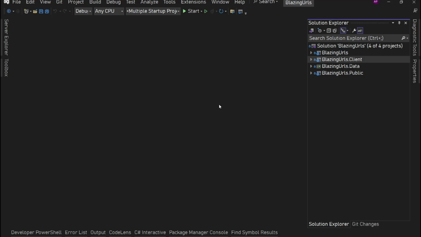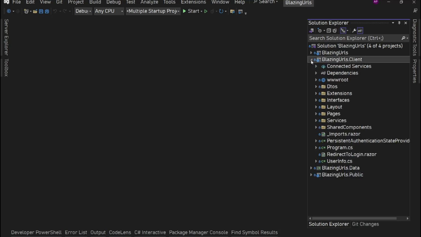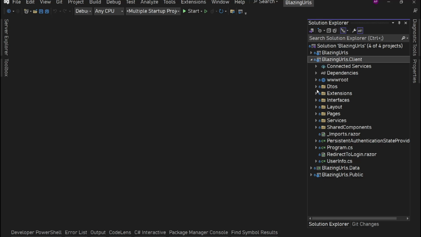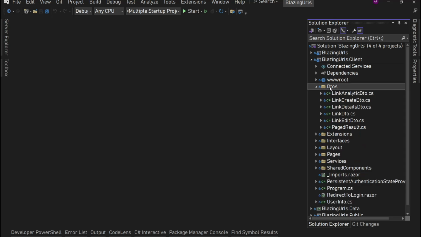All right, now for dashboard. Now we are on dashboard. So first thing we need to create service and DTO for dashboard. Then we'll create our page. So let's go to client, DTOs, and here we'll simply create a